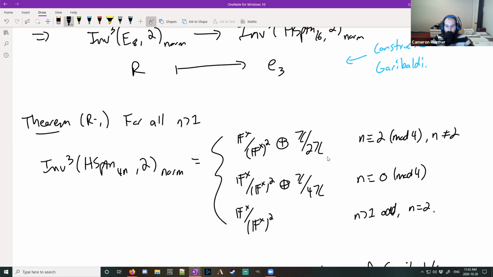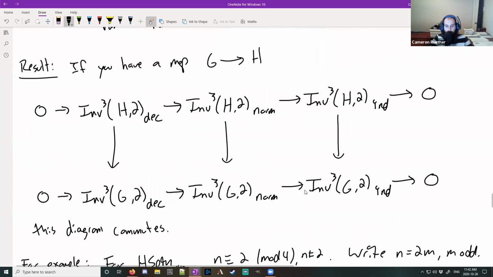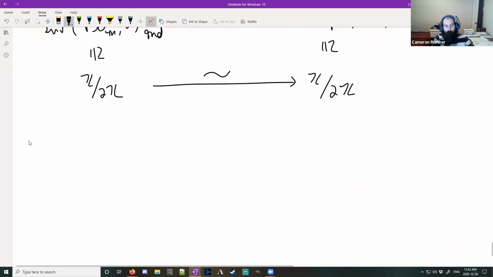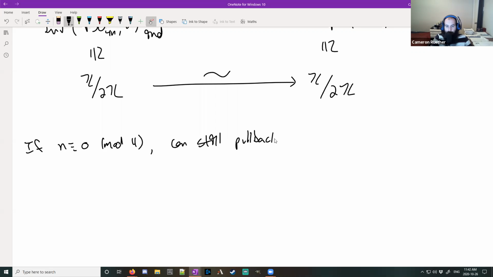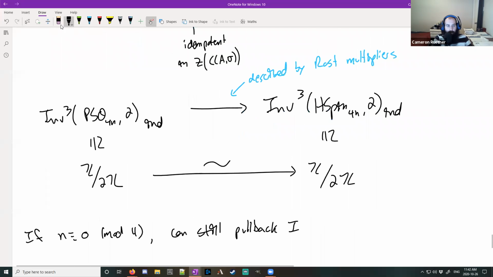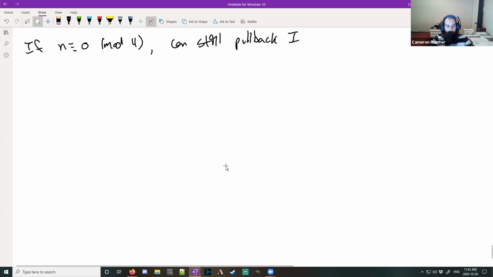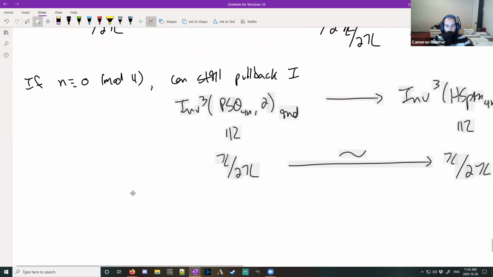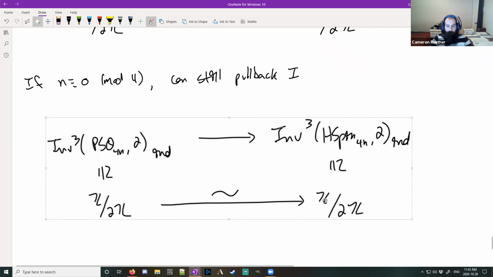You can also construct I and look at the pullback in the case when n is congruent to 4. Or sorry, congruent to 0 mod 4. So if n is congruent to 0 mod 4, we can still pull back I. However, in this case, if we take this picture, this group is,